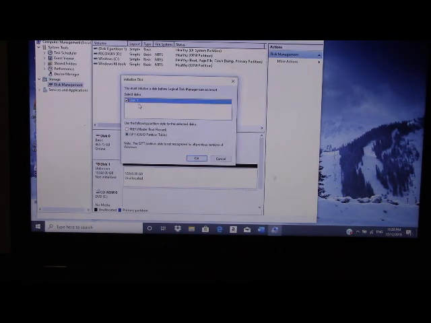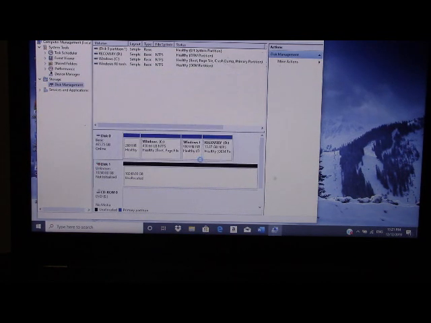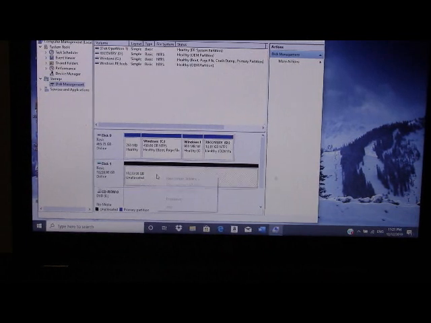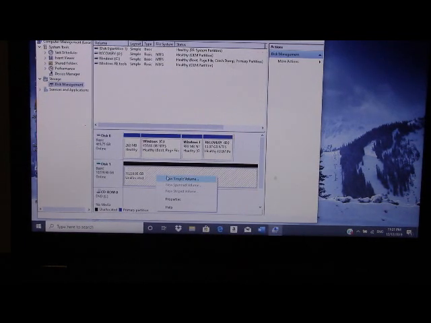So I choose the disk, which is Disk 1. I won't use Master Boot Record. Why? Because Master Boot Record has a limited size it can take. So I'm choosing GUID Partition Table. I say OK, because the size of my additional hard disk is 10 terabytes. So I've initialized it, which now brought out the size,